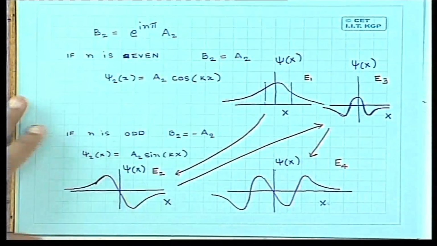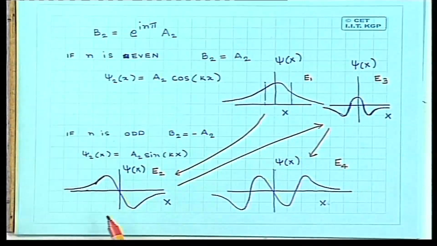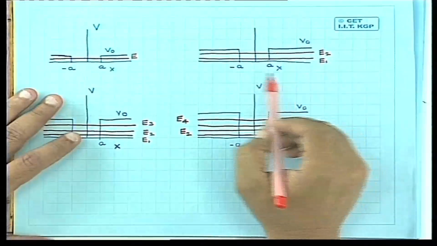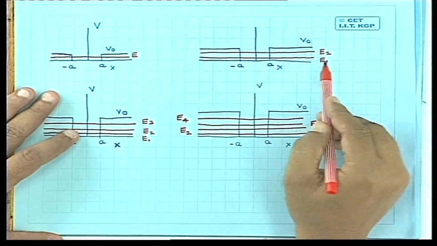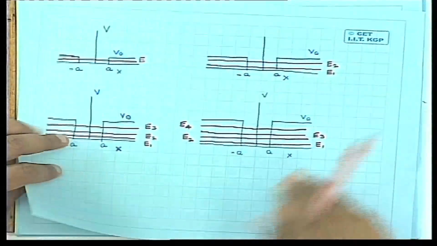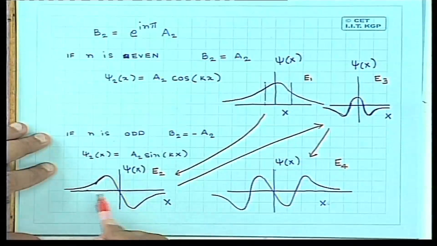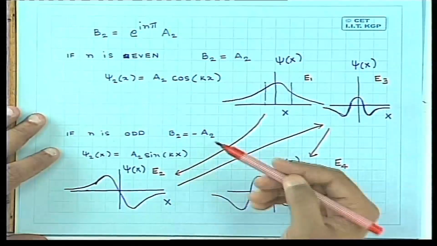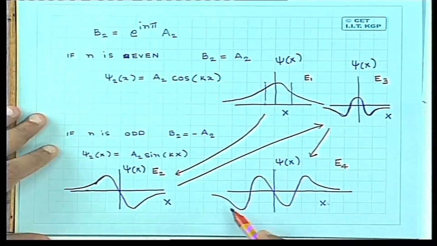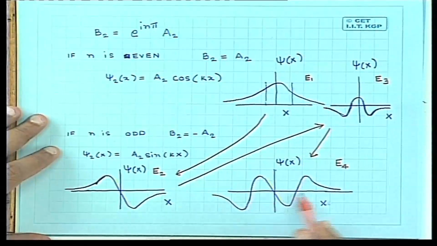Similarly, if n is odd, then you have sin kx, and the lowest allowed energy solution. So in a situation where you have only one odd and one even, the odd solution for the energy is going to look like this. You have a sin kx over here, and then at minus a and plus a you have to match it with the exponential functions. And if you have one more odd solution, then you will have a sine wave with more oscillations in between, and then at minus a and plus a again you have to match it to the exponential.